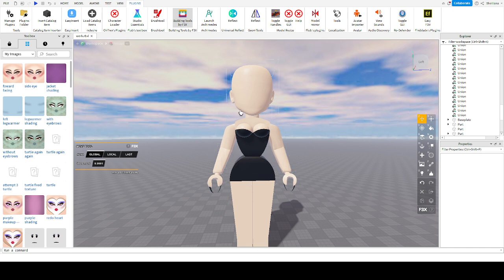And yeah, that's just a basic tutorial on how to negate a little cut or a little dress. And yeah,